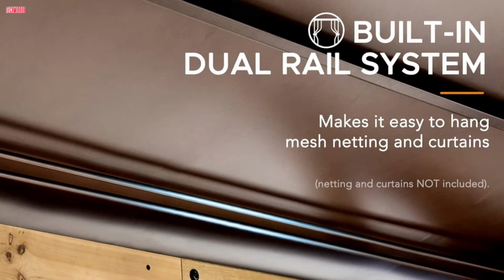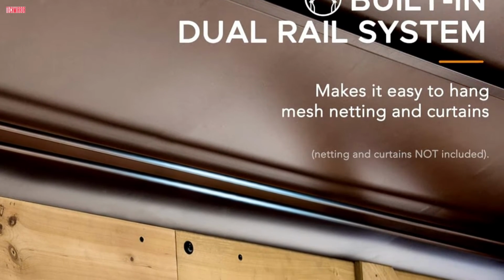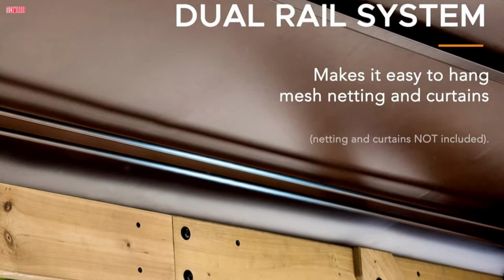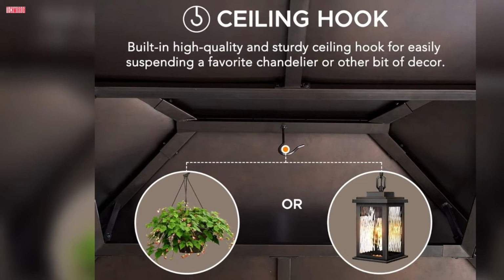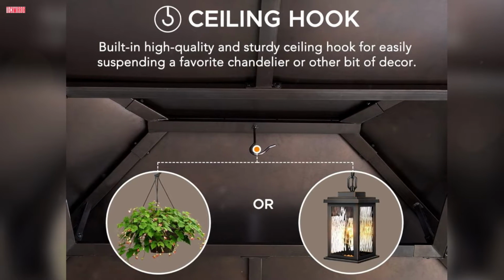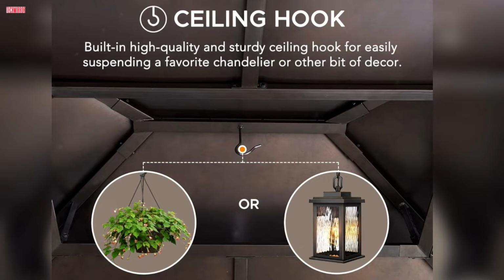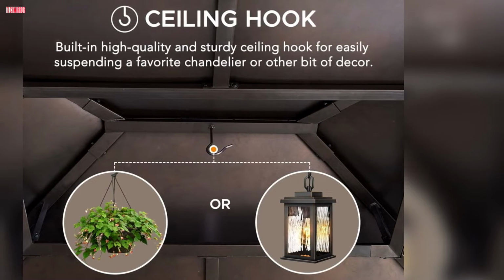Additionally, the built-in dual-rail system allows for the suspension of mosquito netting and privacy curtains, sold separately, enhancing comfort and privacy. With a ceiling hook provided for hanging lighting fixtures, not included, you can illuminate your evening gatherings and create a warm ambience. Assembly is made easy with illustrated instructions, and you can rely on the experienced customer service team